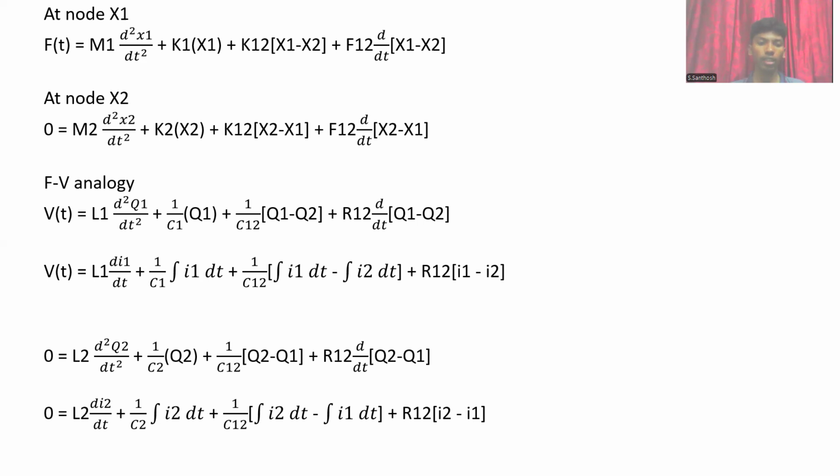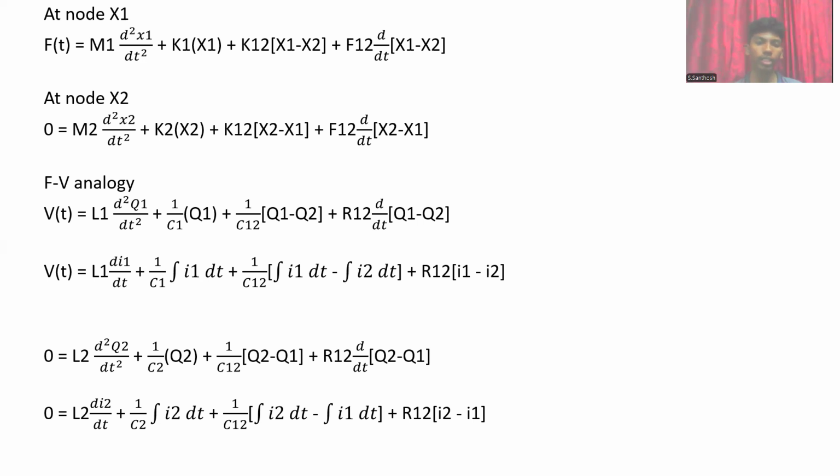After replacing that, we go to the next equation at node x2, and we do the same process where m2 is replaced with L2, and then again it goes on with the equation being 0 equal to L2 di2 by dt plus 1 by C2 integral of I2 dt plus 1 by C12 integral of I2 dt minus integral of I1 dt plus R12 into I2 minus I1. So after writing this equation,